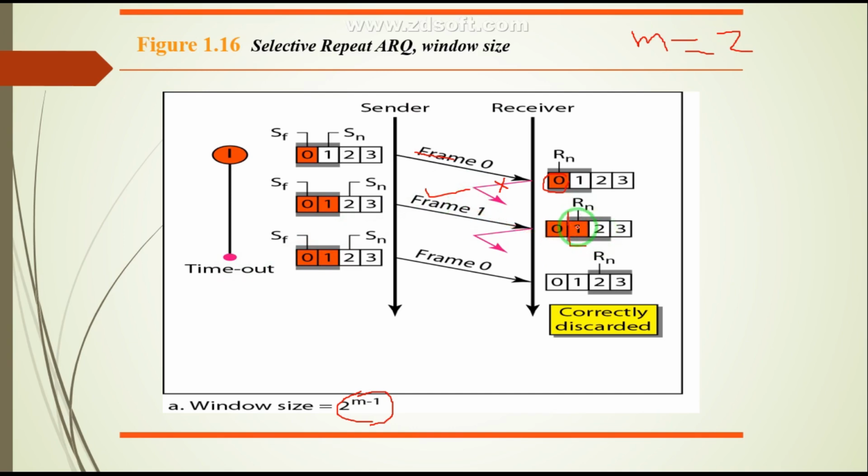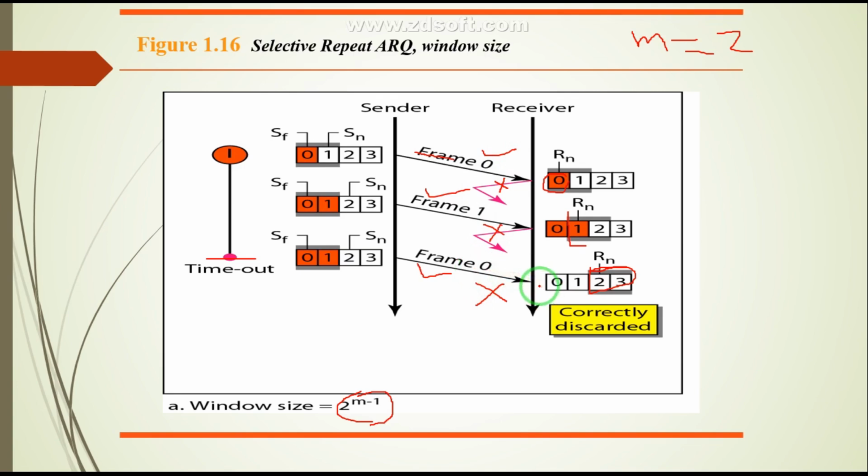So Rn is equal to 1. It is going to accept this frame and shift the receiver window. But as soon as this timer expires, the sender thinks I sent 2 frames but didn't receive any acknowledgement, so the sender is going to resend frame 0. But as you can see over here, the receiver window is expecting frame numbers 2 and 3. So it already knows that I already have frame 0. So this is a duplicate frame, and it correctly discards this duplicate frame.